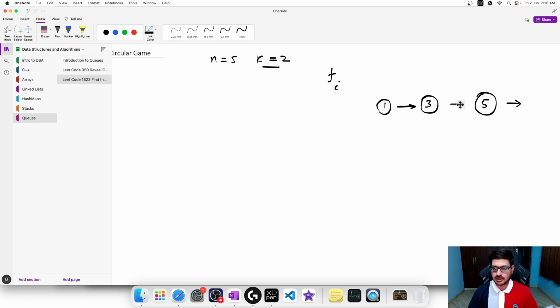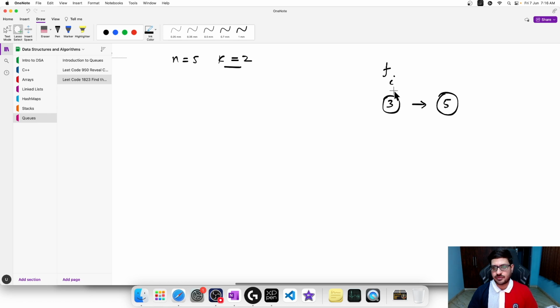Now my queue is like this, right? And I can pop 1. So 1 is popped. Now my front and i are here. Okay, now I will go forward up to k, and now 3 will go back to the queue,